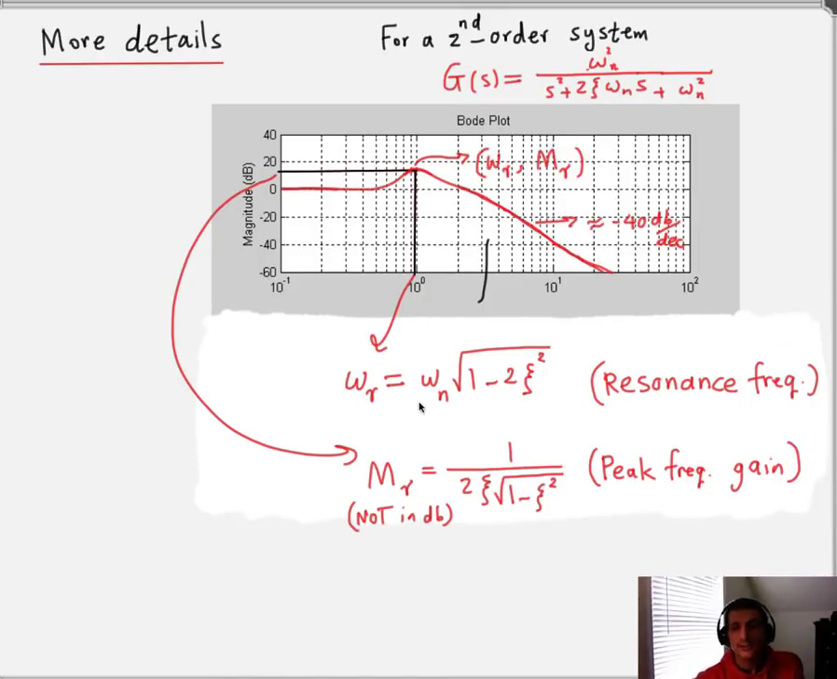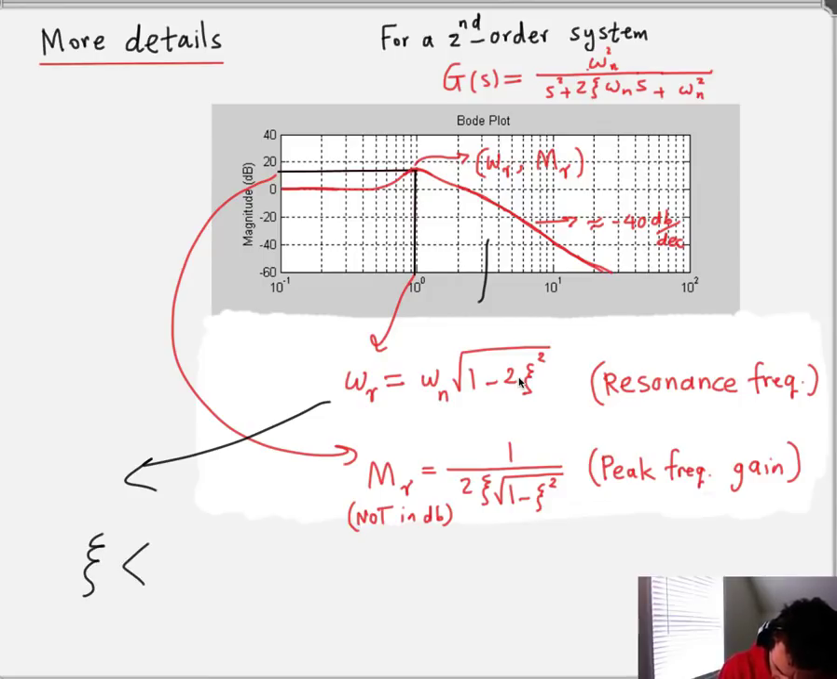So now when you do all this math, your omega r, the resonance frequency, is going to be omega n times the square root of 1 minus 2 zeta squared, which is only meaningful if 1 minus 2 zeta squared is greater than or equal to 0, and therefore zeta squared is less than or equal to 0.5, and therefore zeta is going to be less than or equal to 0.707, which means that if you have a value of zeta which actually satisfies this